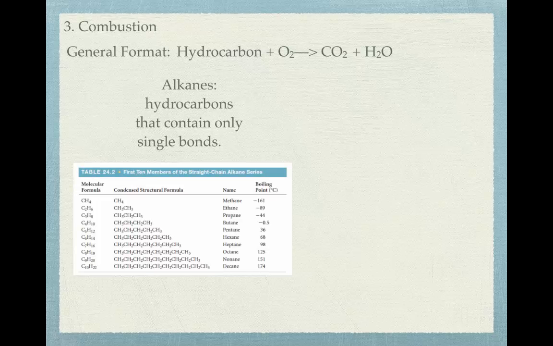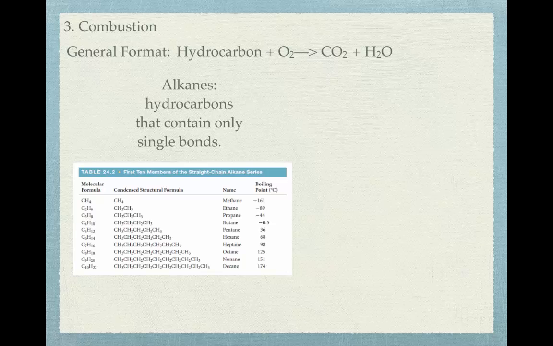So if you look at this table below, start to get familiar with some of these names. For example, CH4 is methane. If you have C2H6, so you add a carbon and you add 2 hydrogens, you have ethane. If you have 3 carbons, propane, 4 carbons, butane. After that point, notice all of the prefixes are similar to those that we used for naming molecular compounds. So the first 4 are the only ones that you really need to memorize, because after that point, pentane would be